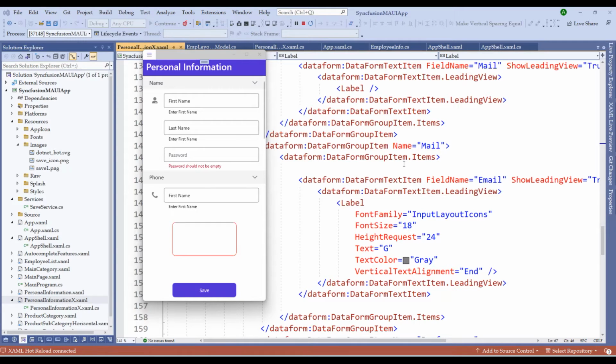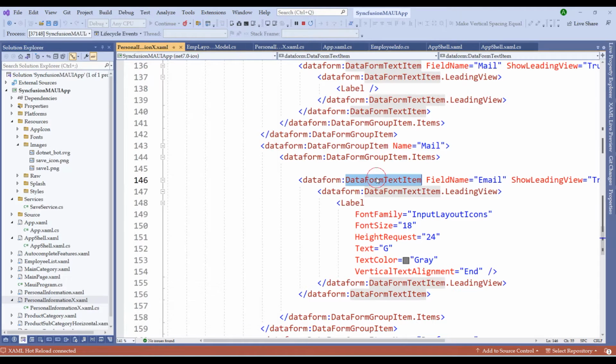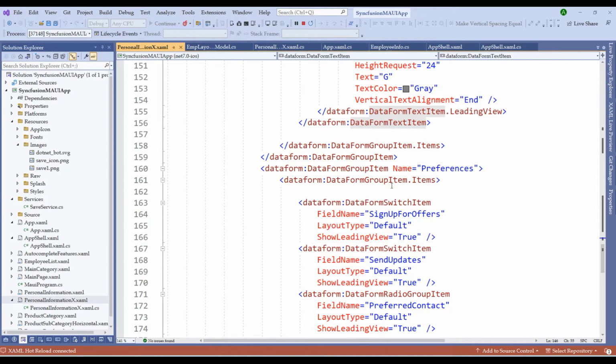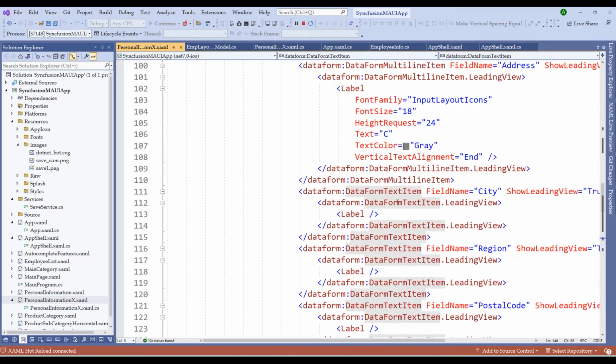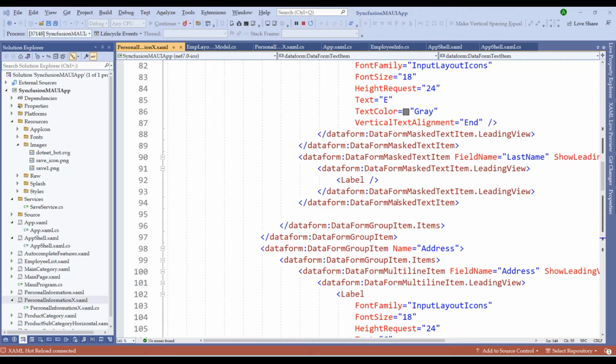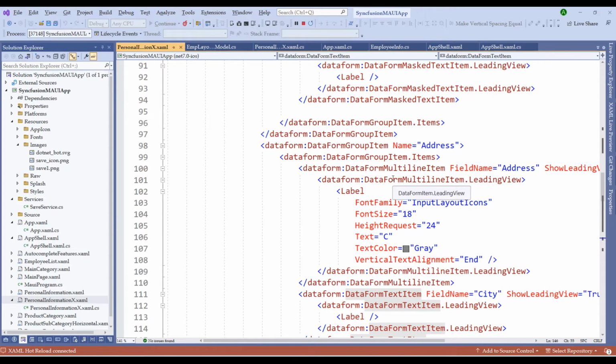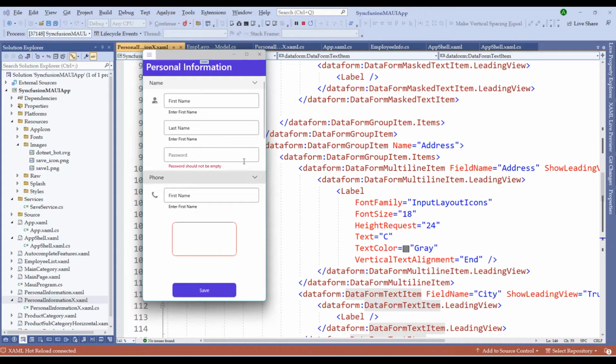However, the data form item and the data form group item expects its own data form text item controls or data form switch item controls or data form masked item controls, and it doesn't allow us to embed any of the other controls such as Syncfusion buttons, Syncfusion segmented controls or checkboxes within the data form group items. And hence, if we need to build a data form similar to the employee personal information page, we cannot use the Syncfusion data form control.